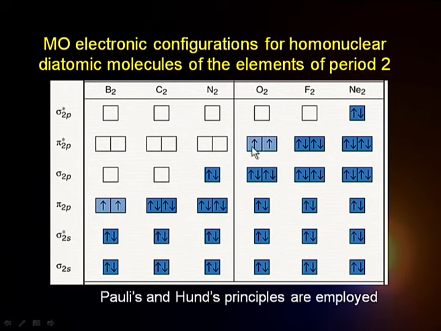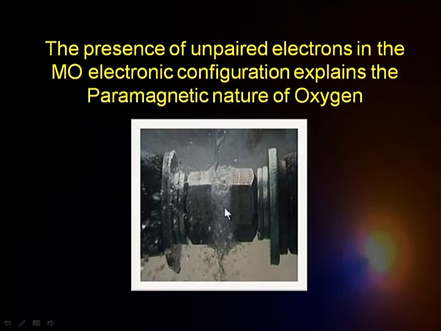The practical, experimental bearing of this is that because there are unpaired electrons, this oxygen molecule happens to be paramagnetic in nature. That is what is experimentally observed. So, molecular orbital theory provides an explanation for the experimental observation that oxygen is paramagnetic. You can see there, suppose I have two magnetic poles, and if I take liquid oxygen and pour it through them, it will not just go down, it will be held between the two magnetic poles